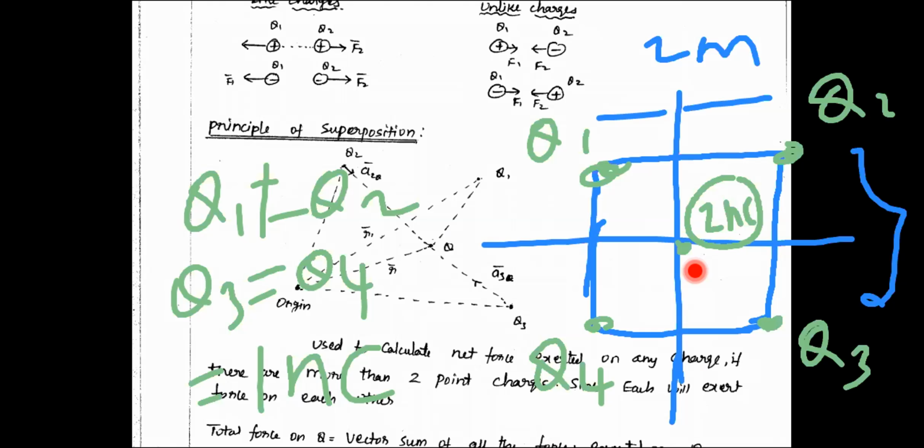You are given 4 charges of equal value, and one more charge of 2 nanocoulomb present at the center point. You have to calculate the force on the 2 nanocoulomb charge due to the charges present on the corners of the square. I have given you all relevant parameters. You just come up with the solution.